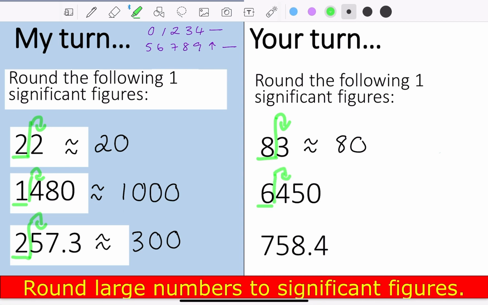6,450. My highest place value is my 6 in my thousands column. My neighbour is 4. 4 keeps us the same, so I keep my 6 and replace everything else with zeros. And the last one, I've got